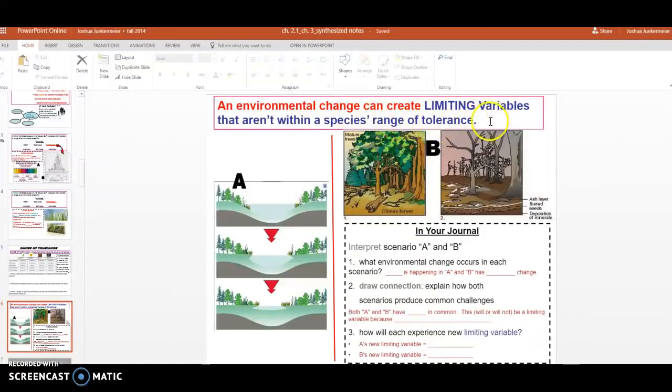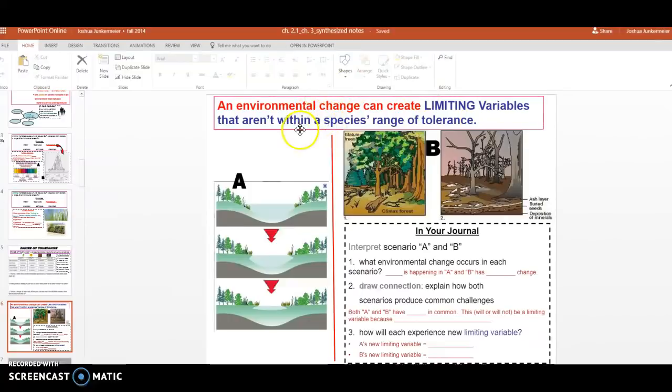If species have individuals dying, whether it's humans or plants or whatever, it's outside their range of tolerance. They can't tolerate whatever the limiting variable is. So if the limiting variable is killing you, well, you're outside of your range of tolerance. It's too much, and you're going to die. Or your species population will drop. If we're talking about humans, it could be a major die-off. If we're talking about another species, maybe extinction, which is also another threat.